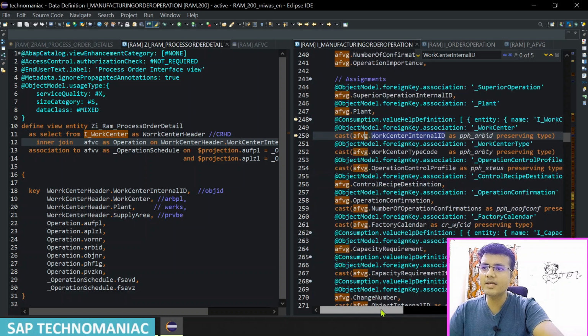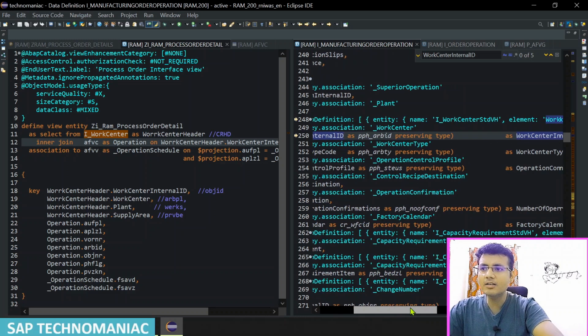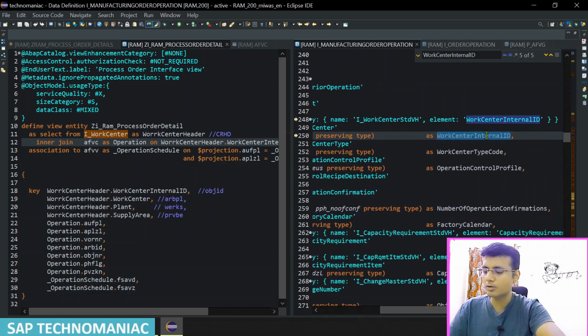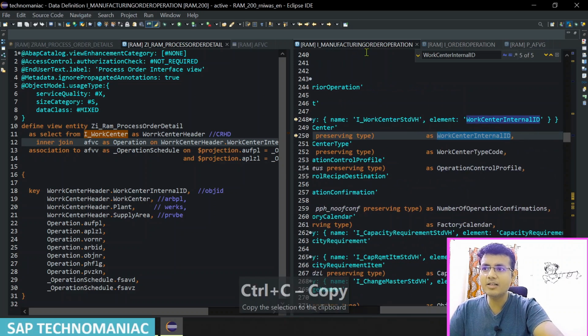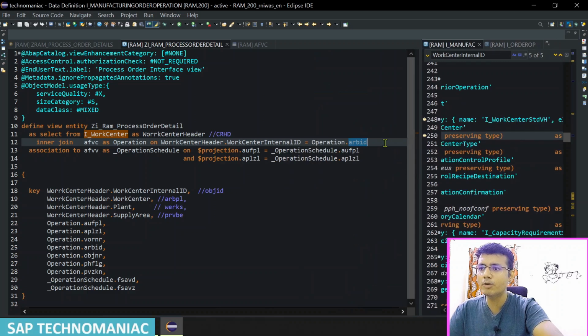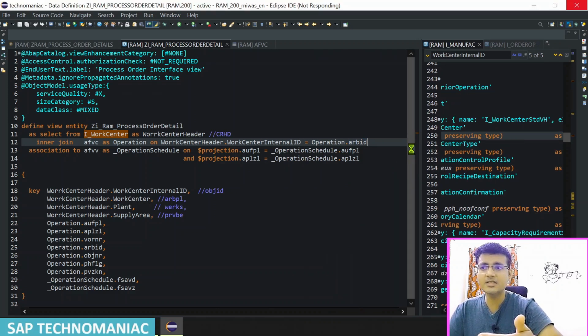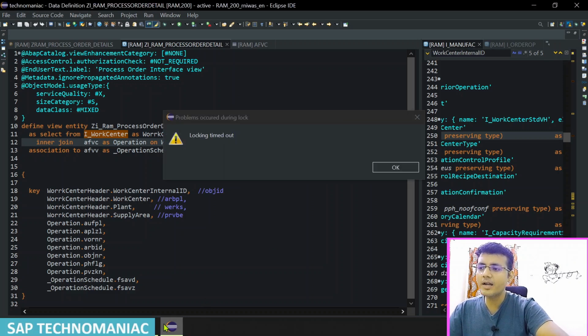So I can replace it. I know this is the work center internal ID, this is the preserving type, they don't want to change the type. For that, this is the field we have to get. Control C from the I underscore manufacturer. So as of now I don't want to replace, I just want to put this name here. Whenever I change the ARB ID wherever we have it, that time I just have to replace, because if I change here right away, we will get a little bit confused. So either you can prepare another Excel